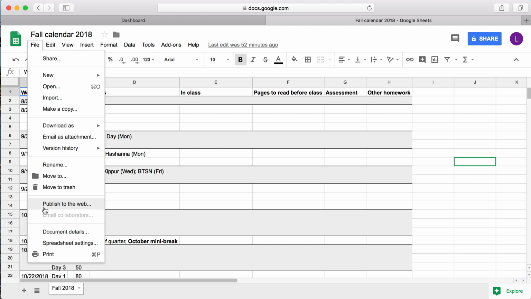So you want to be careful because only do this if you're okay with publishing all the content to the web. That means theoretically, if your result came up high enough on a search, it could be found and somebody just randomly could stumble upon your document. So I'm going to click Publish to the Web,